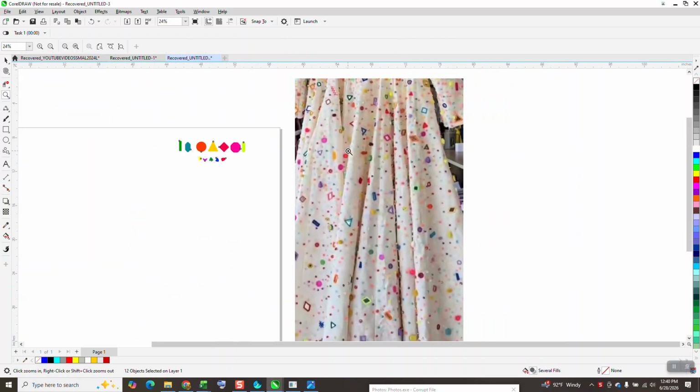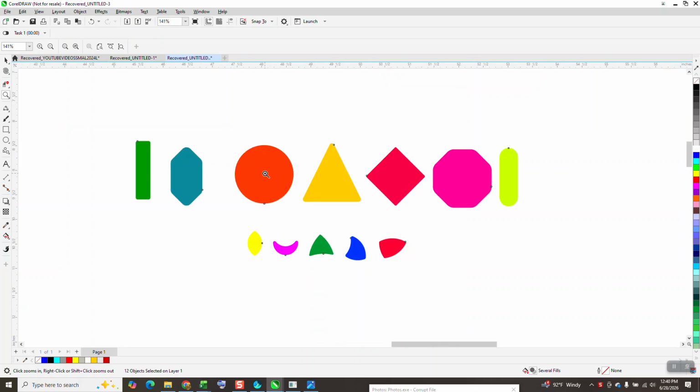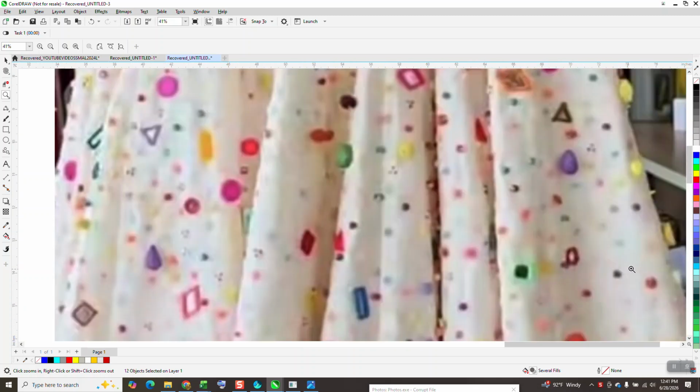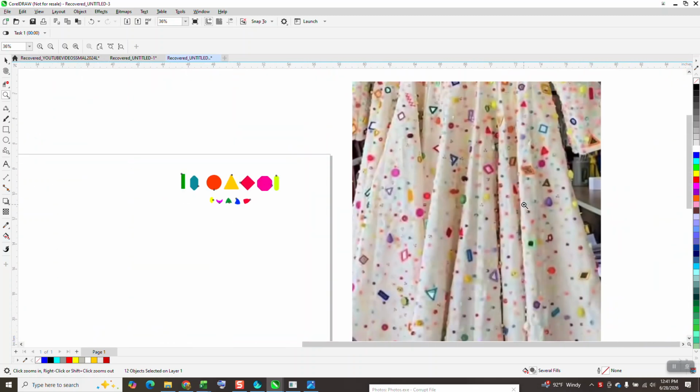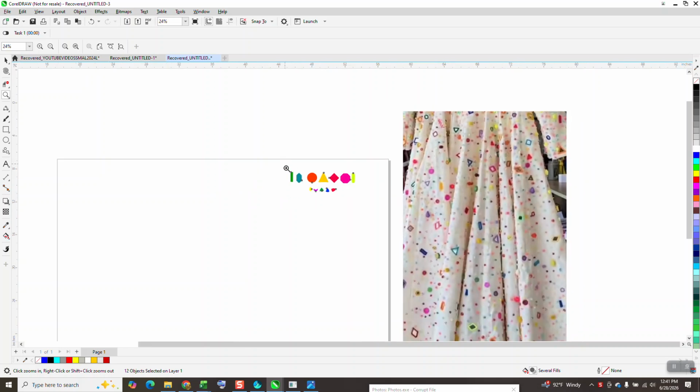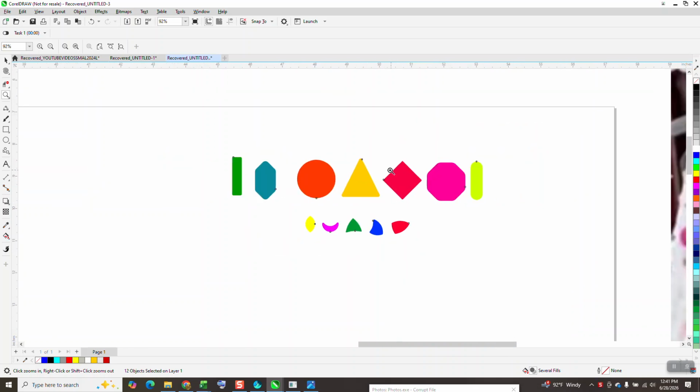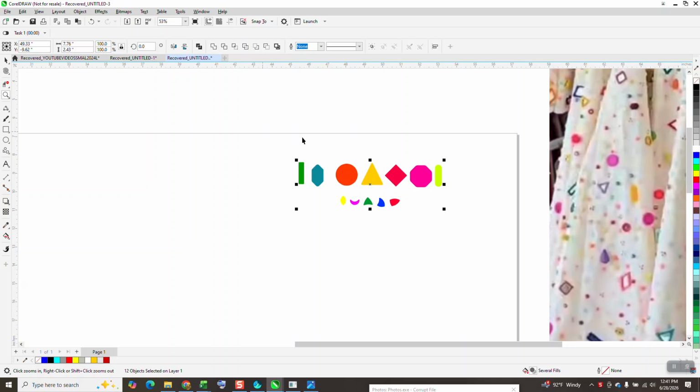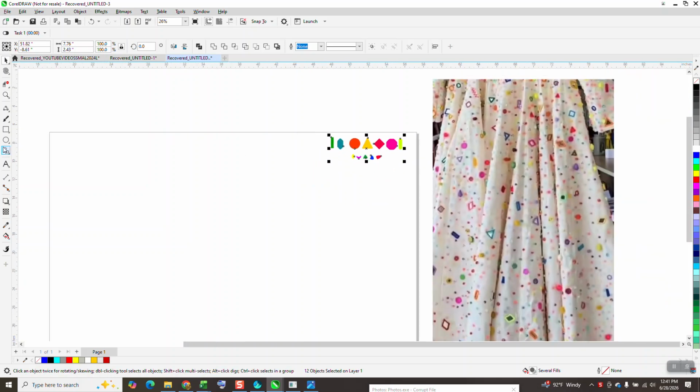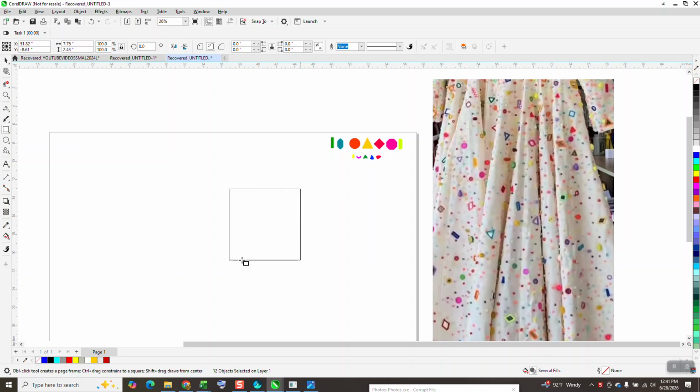Somebody is trying to use these objects in a random pattern, and they just gave me this example, and they gave me these shapes. There are a lot of ways to do this, but the way I'm going to do it right now, what comes into mind is